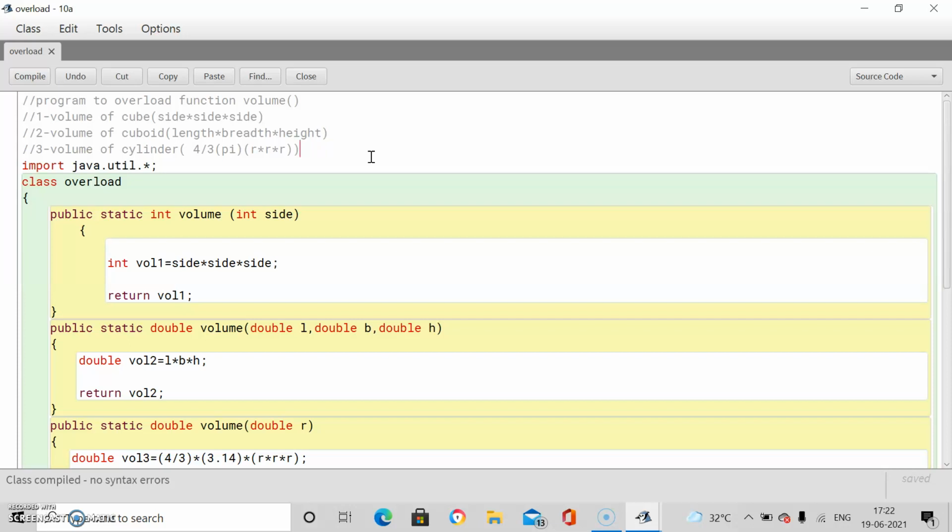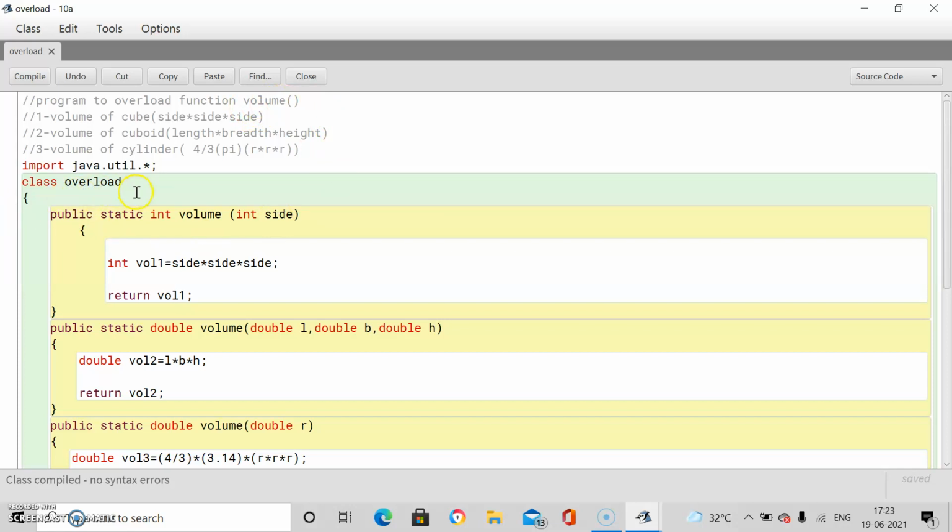The first function will be for finding the volume of cube as well as returning that volume. Then the second will be for finding and returning the volume of cuboid, and the third the volume of cylinder. So there will be 3 overloaded functions with the same name. The name has been given to you, that is function volume.